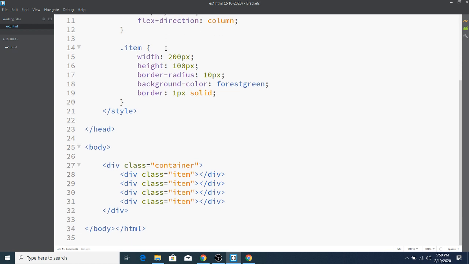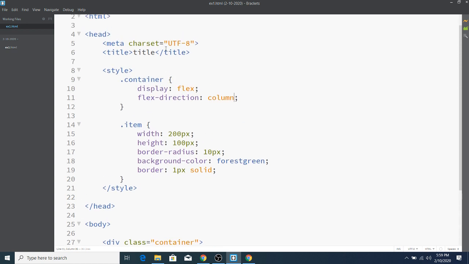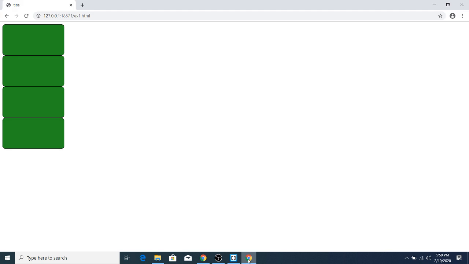We're going to reuse a lot of these examples over and over and over again because we're going to take these boxes and just kind of put them in a bunch of different layouts. Okay, so